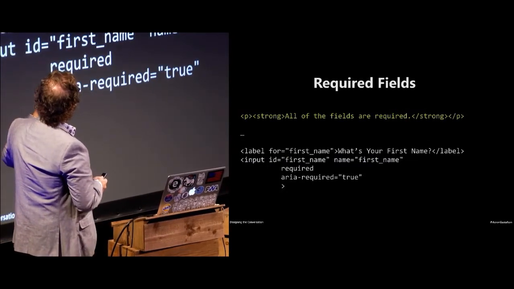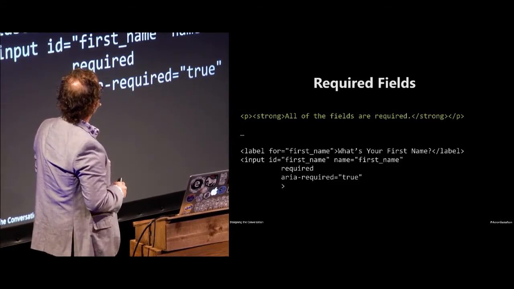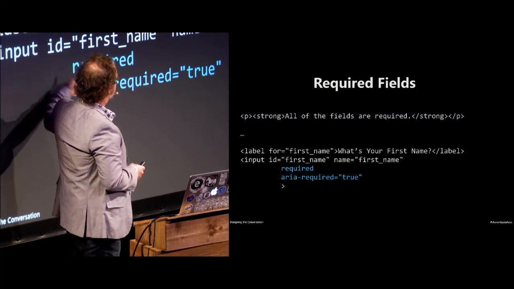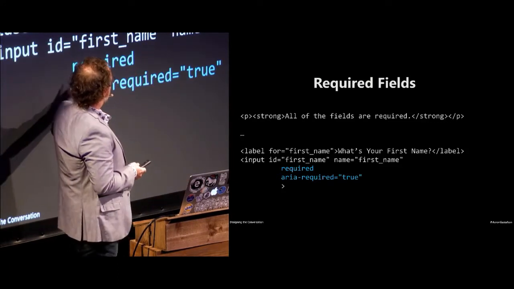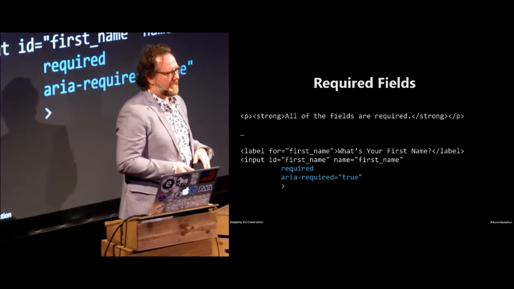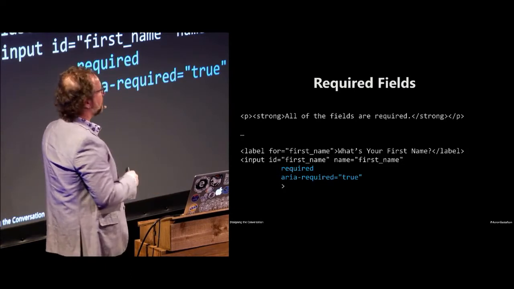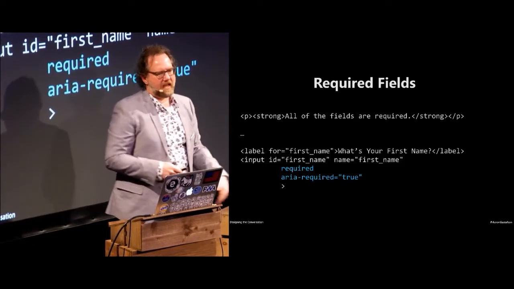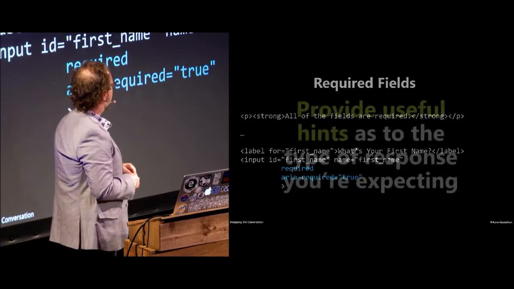So instead of that, we could say something like, okay, we'll say all fields are required in the text ahead of time, just in case somebody's reading through, having the text read to them. But then when we get actually down to the field, we can use the required attribute and aria-required equals true to indicate that this field is required. Now, the reason that aria-required is here as well is that just as with the roles not necessarily being mapped directly to the HTML elements, not all browsers mapped required to aria-required automatically. So this just kind of covers all of your bases, and it's really not that much extra to add in there. And now all of a sudden, users can know that a field is required if they're in a headless UI scenario.